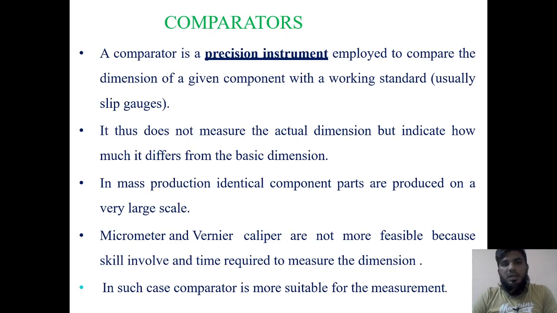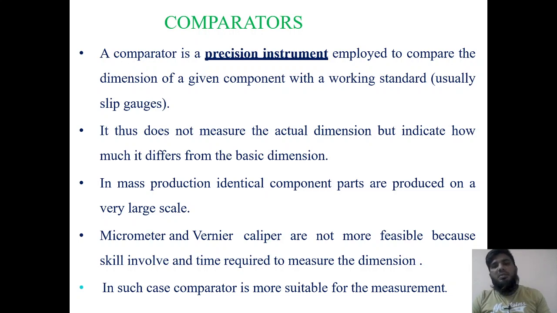A comparator is nothing but a precise instrument which is used to determine the dimensions of a component. For example, in the previous first unit we discussed linear measurements and angular measurements. In that we saw various types of devices like vernier calipers, micrometers, height gauge, depth gauge. In angular measurement we saw autocollimator, laser collimator, and angle gauges. So we have seen different types of devices. When we are trying to make these devices, we should use some particular standards. So for that we generally go for